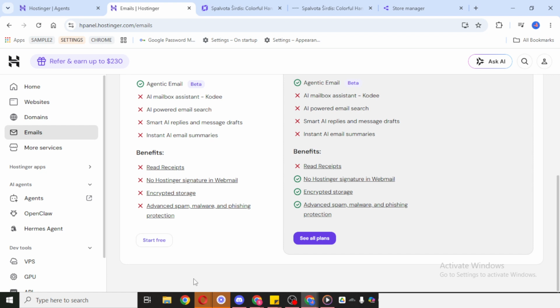If the platform gives you the ability to update the domain connected to that email address, this is where you can go ahead and make the change. Take your time here and double-check what you're selecting, especially if you have more than one domain connected to your Hostinger account. Choosing the correct domain is important, so your email address matches the website or brand you want to use. As you make the update, pay attention to how the new email address will appear.